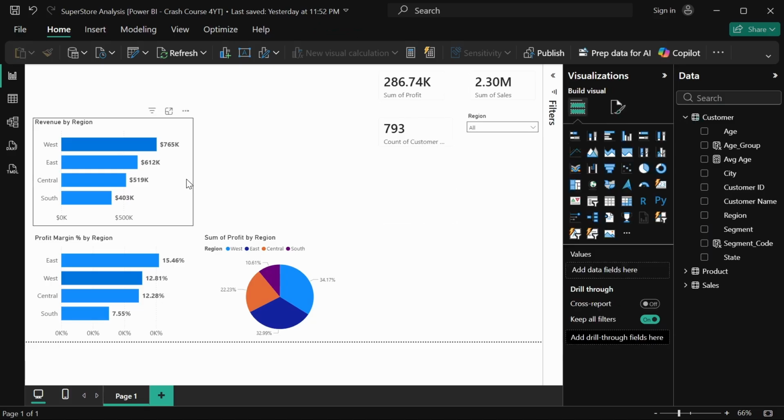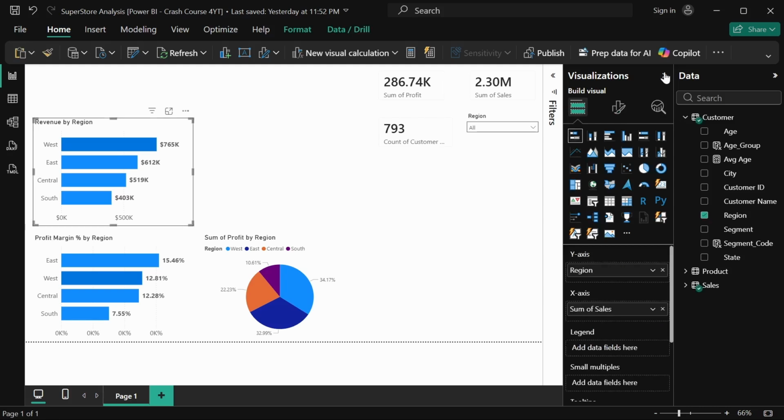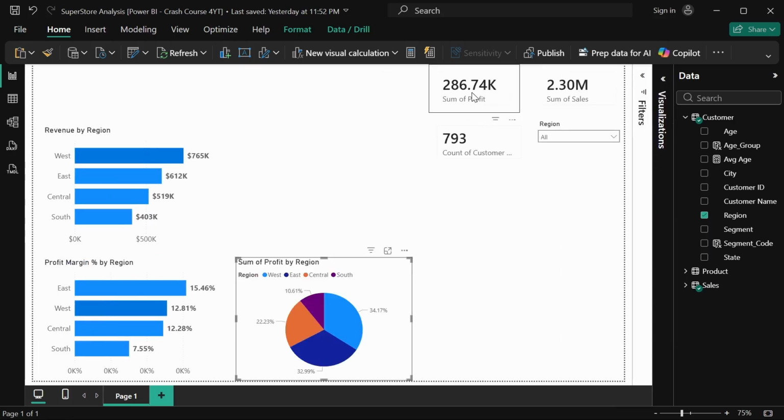So of course, as usual, we have layout, right? It's good that we lay out what we want to do. Like, okay, we put this here, we put this here, we put this here, right? But the first question is, how many charts are we building? How many questions do we have to answer? So of course, we'll be having KPIs first, right? We'll be having KPIs, and we already have sum of profits,